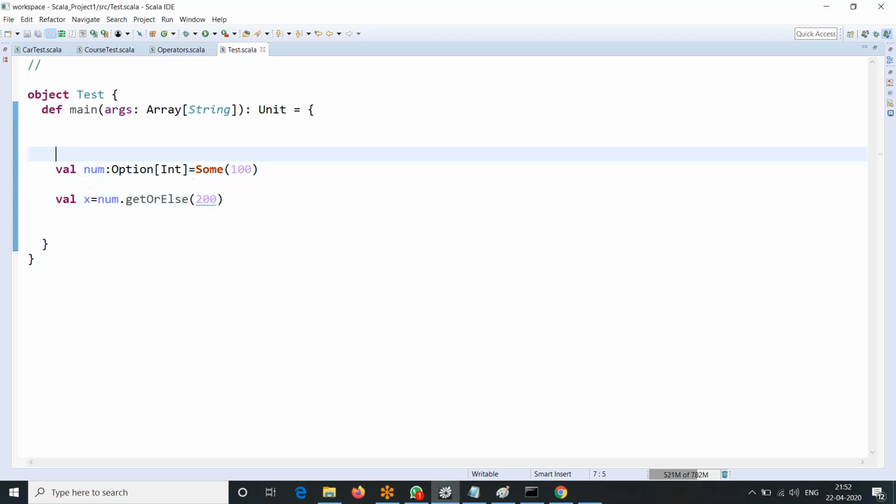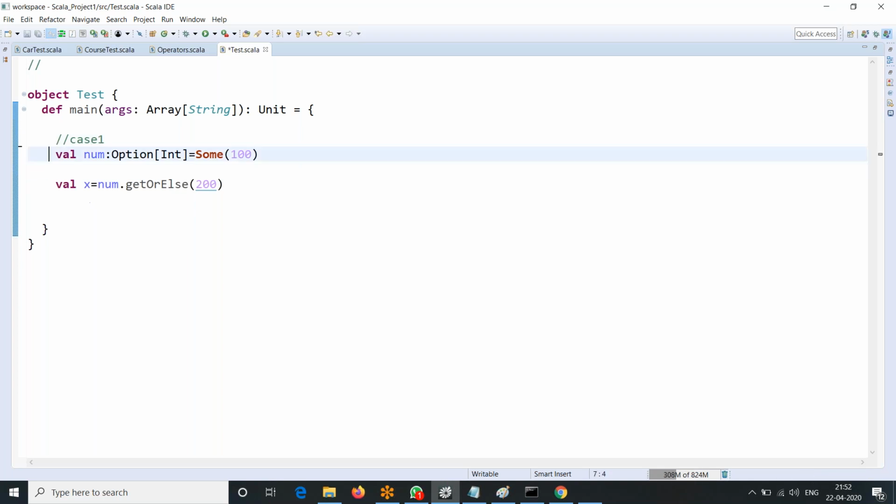Two cases. This is case one. I'm testing case one, where I have initialized a Some object to option, means we have given some value to the option. Some data exists here. Now on top of that, I am trying to get that value from option, and I am initializing it to x here. And you can declare it with whatever type you want.